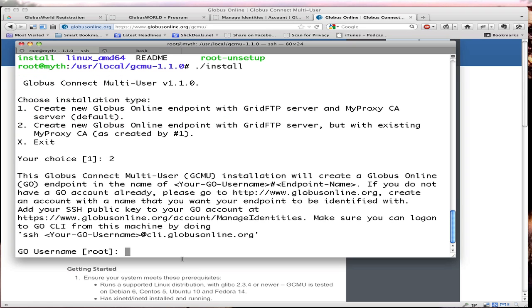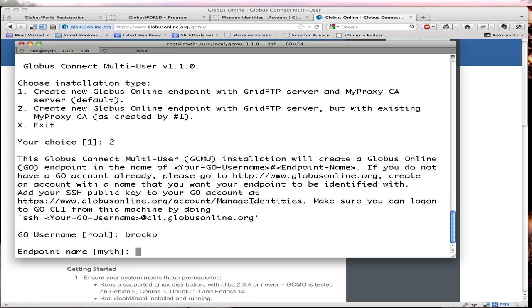It's going to do some stuff, and it's going to ask for your Globus Online username. It's going to default to the user you're currently running as, but this is what you actually use for the Globus website. And then give this endpoint a name. It's going to default to the host name. This is like when you want to connect to flux, it's umich#flux. In this case, I'm going to create it as bruckp#flux, and then show you what you need to send us at flux-support@umich.edu